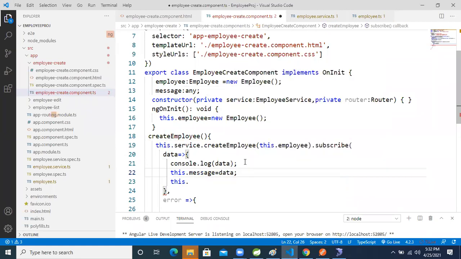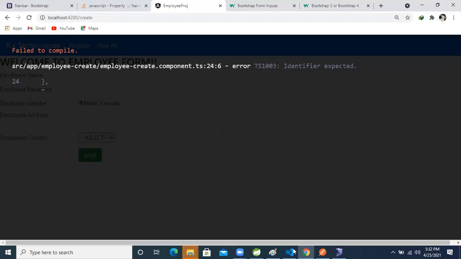I'm storing this data inside this variable. After saving, it will resolve. I know why it's doing that.